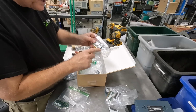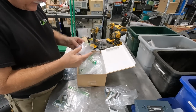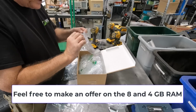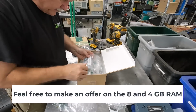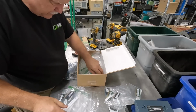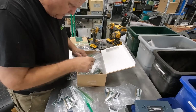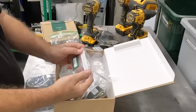Wow, look at that, 256. Gonna have to get them out of these baggies, but it's very nice that they were labeled. So this one might have some value now. This is an 8 GB DDR4, so there might be some resale value with this one. 2 gig, 2 gig, 2 gig, 2 gig, 2 gig. Somebody was very anal retentive here. 1 gig, 1 gig, 1 gig, and the way they labeled them, it's 1 gigabyte DDR2